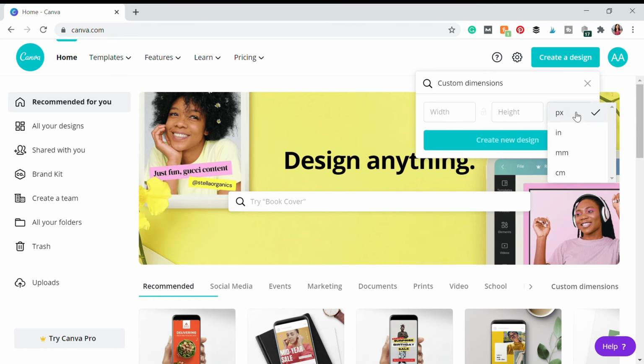Now my frame measures 15 centimeters wide by 20 centimeters high, so I have just changed it to measure in centimeters and put in my dimensions. So here you just want to put in whatever frame you are going to use, and it will open up